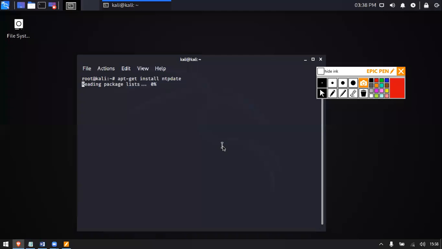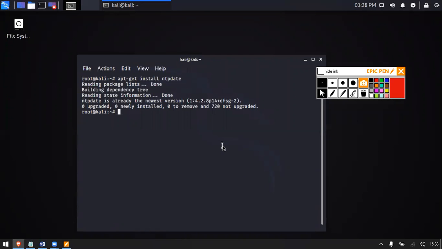If I hit enter, it will download the package. As I have already installed it, I don't have to, but your installation will go on. Then I have to mention my NTP server. The command is simple: ntpdate 192.168.1.246. Hit enter.